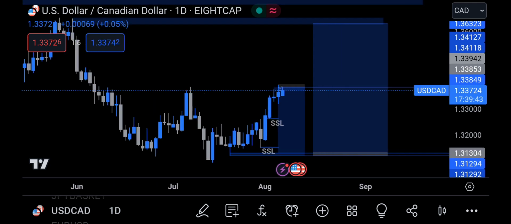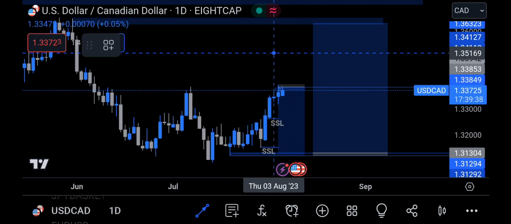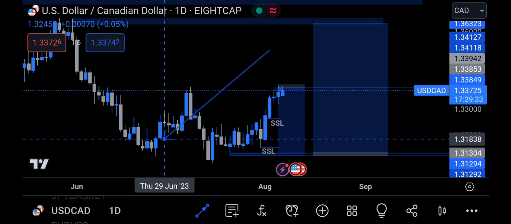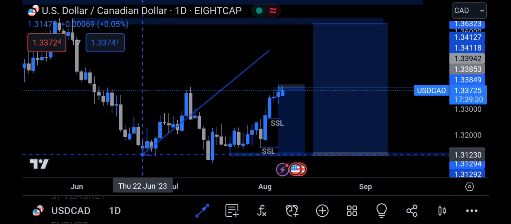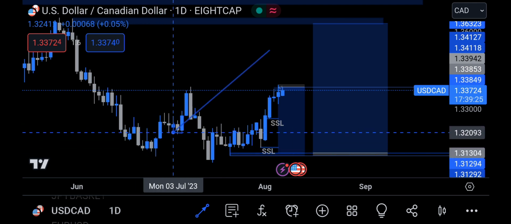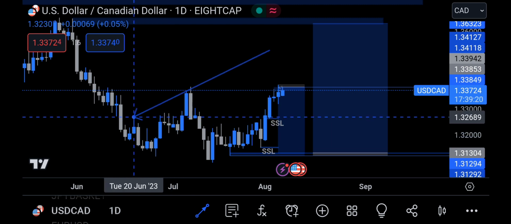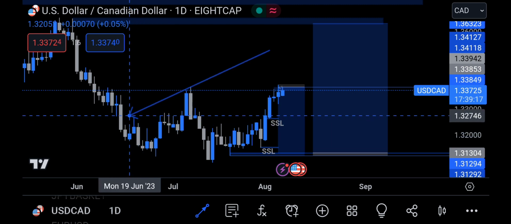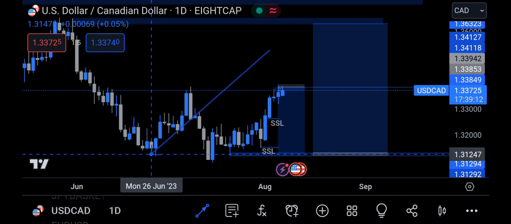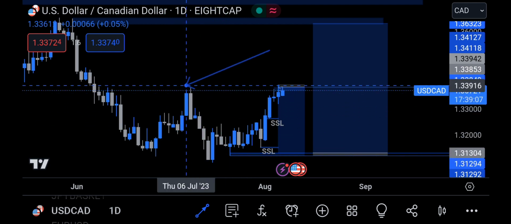In daily time frame, we are seeing a good rejection. Now let's take notes. During all these moves to the upside, price found support around here. Then before the market structure shifted again to the upside in daily, because from here we see that price took out this buy side liquidity, which gave us a change of character automatically. So price left a demand around here for price to fill up, then continuation to the upside, and that was what the market did very well,